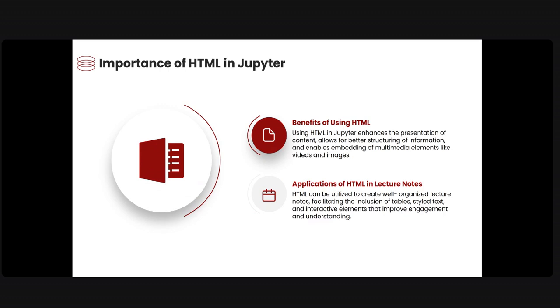Okay, and you can see HTML can be utilized to create well organized lecture notes. Like I said, same thing. So you can understand more by adding more visualization than text. So this supports. Now if I ask you same thing in a visual source code, or other editor,